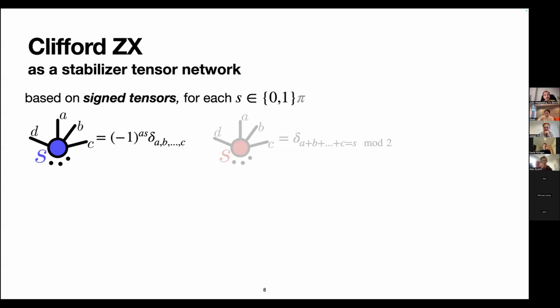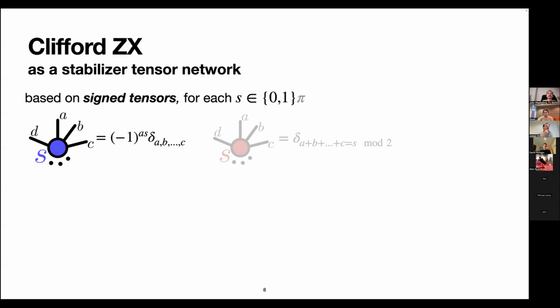So A, B, C up to D take values in 0 or 1, and it's 0 whenever they are different, and non-zero when they are the same. So it's kind of diagonal